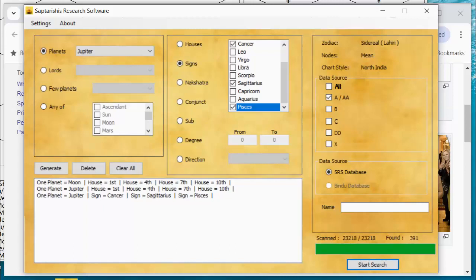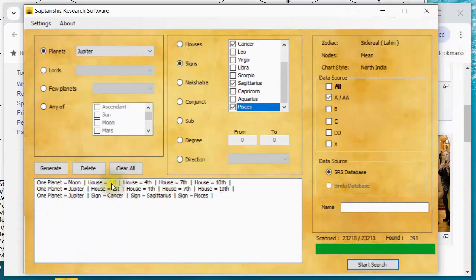And what's implied in all this, that there are yogas and there are yogas. Like I said, Chandra-Mangala yoga in demo 2. No, sorry, that was demo 1. I think I talked about it. Chandra-Mangala yogas exist in 1 out of every 6 horoscopes. But there are Chandra-Mangala yogas that are weak, that are strong, and that are mixed condition, and that are entirely ordinary. We want typically to find yogas that are robust in some respects, and we can use this program to help us find them. Okay, so let me go on to one last thing.